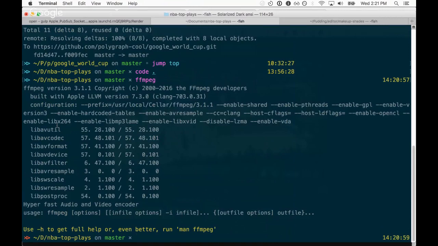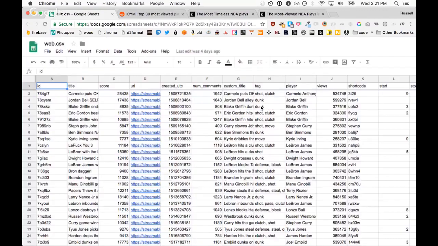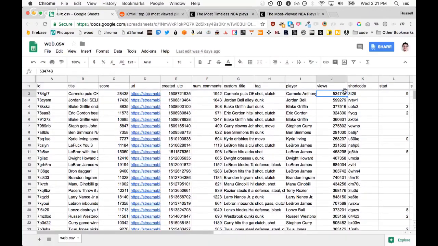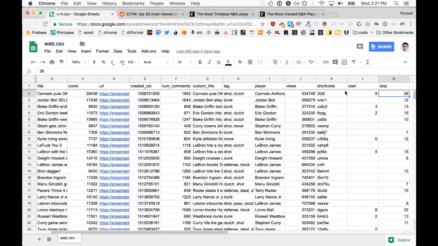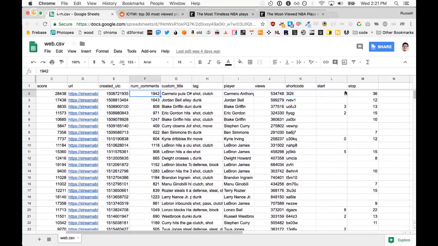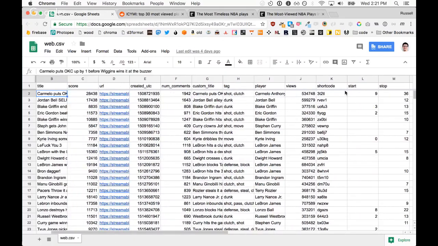So I had a CSV file that looks like this, and in it, the only thing I manually had to do was enter start and stop times because I wanted to truncate the videos. In a script I wrote, I utilized FFmpeg to trim the videos down, and then I had this grand plan to just concatenate them all. I did resizing with FFmpeg as well because all the videos were different sizes.